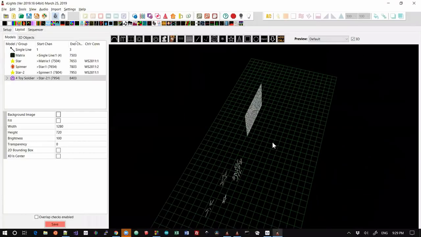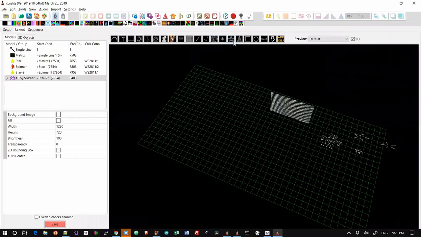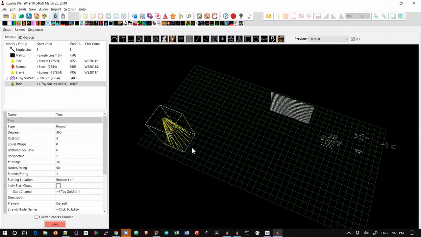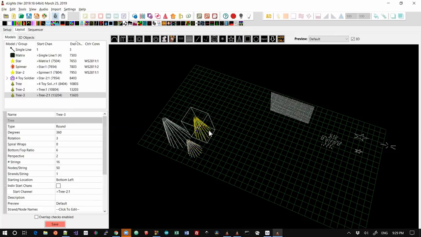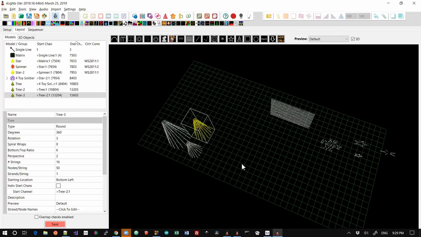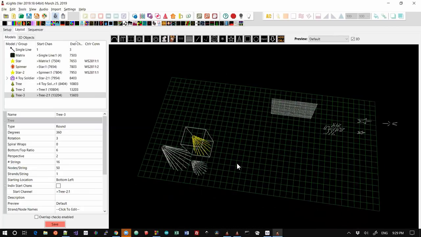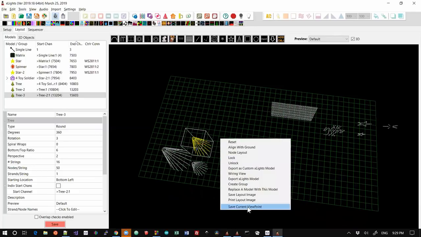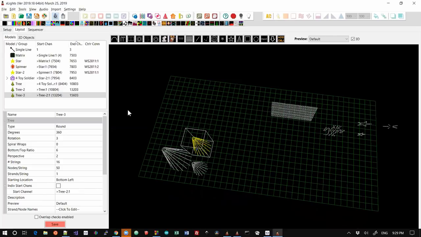So in 3D, and I don't necessarily want to spend a great deal of time with this, but let's create a few trees. In many of Gil's demos, he demoed this, but it turned out when I looked at it more carefully, I didn't think we were creating the render buffers correctly, and so some changes have been made. And the place where it becomes relevant is when you right-click here, you save the current viewpoint, call it DDD,